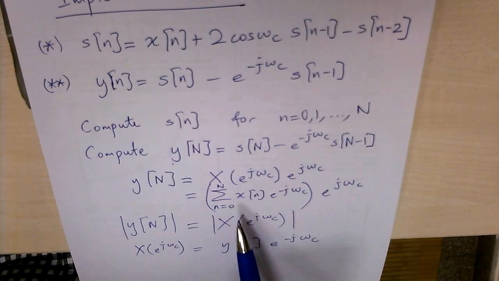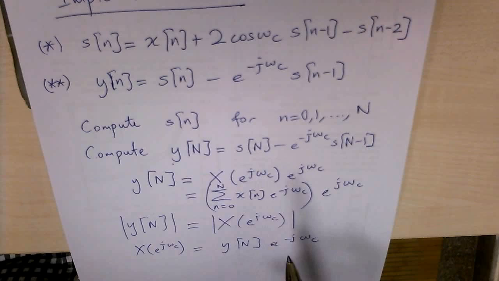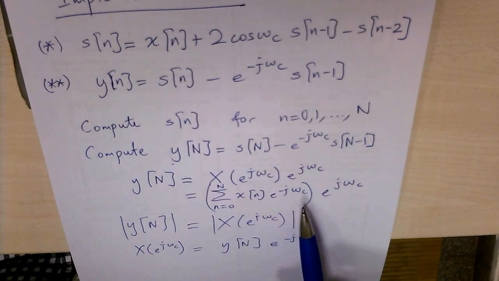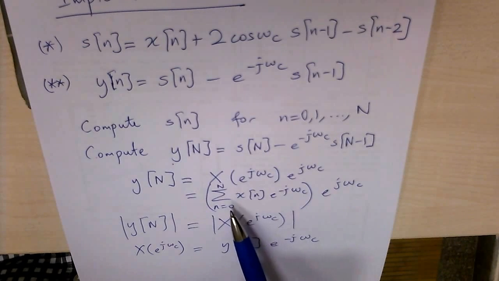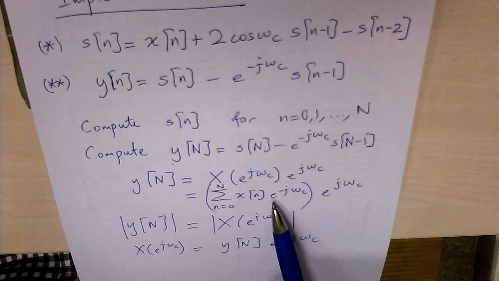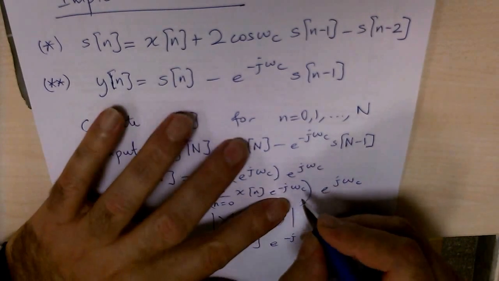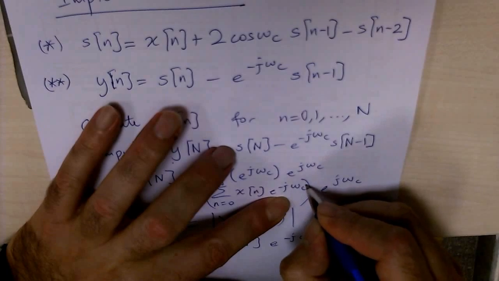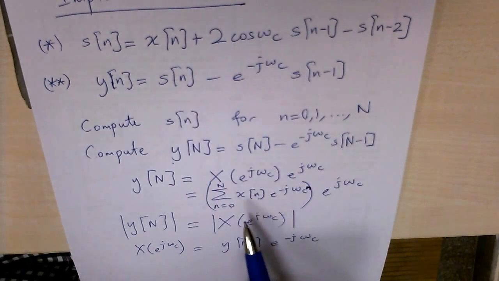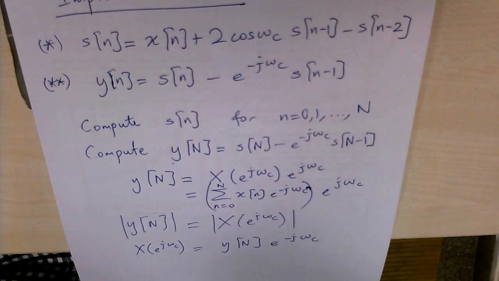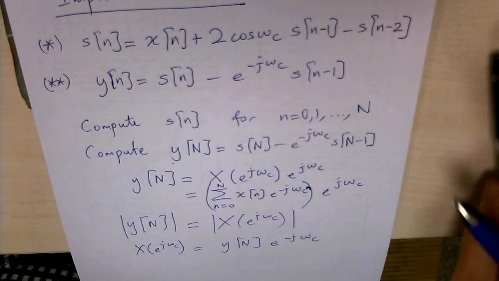Now, if you want to compute X(e^{j omega}) in a straightforward manner using the definition of DTFT, you have to perform capital N plus 1 complex multiplications, actually capital N complex multiplications, and for the n is equal to 0 case. Okay, I forgot this little n here. For n is equal to 0 case, you don't need to perform any multiplications,